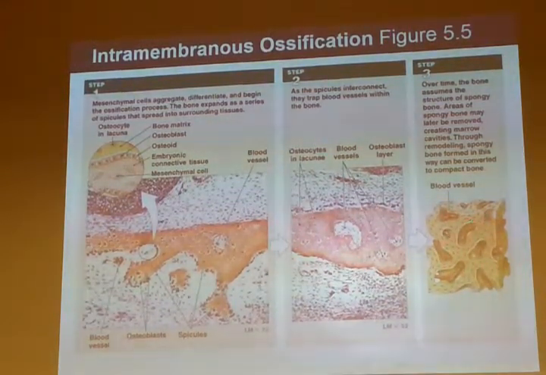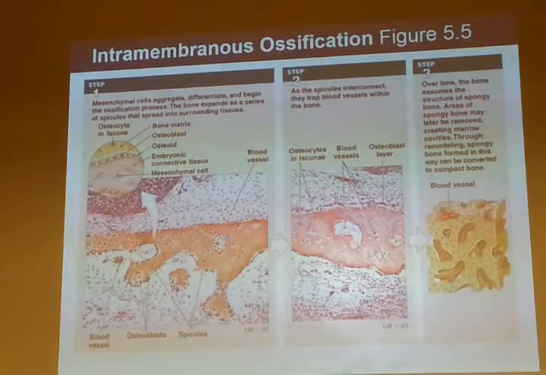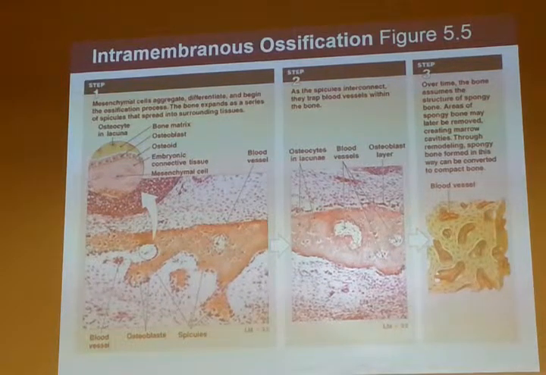So the cells are secreting their osteoid and calcifying it. You have an immature bone form. Now you have to go back and remodel it into compact bone, form your osteons, and then trabecular bone, form those struts of bone. When you finally finish that, it will look just like endochondral bone